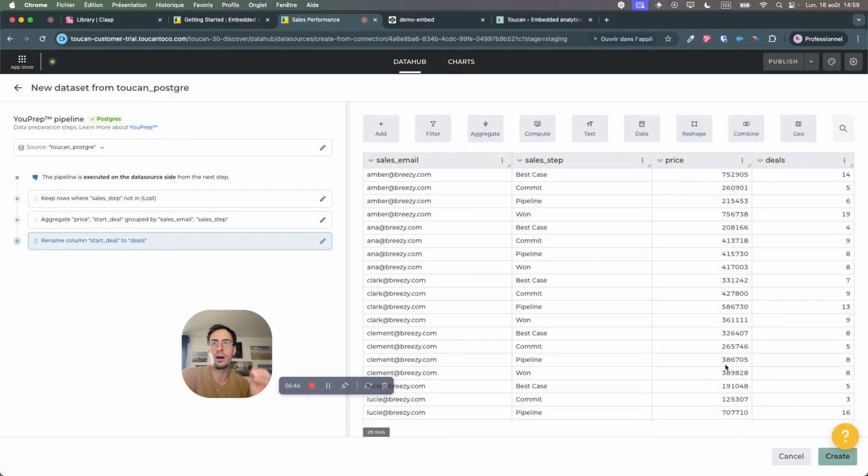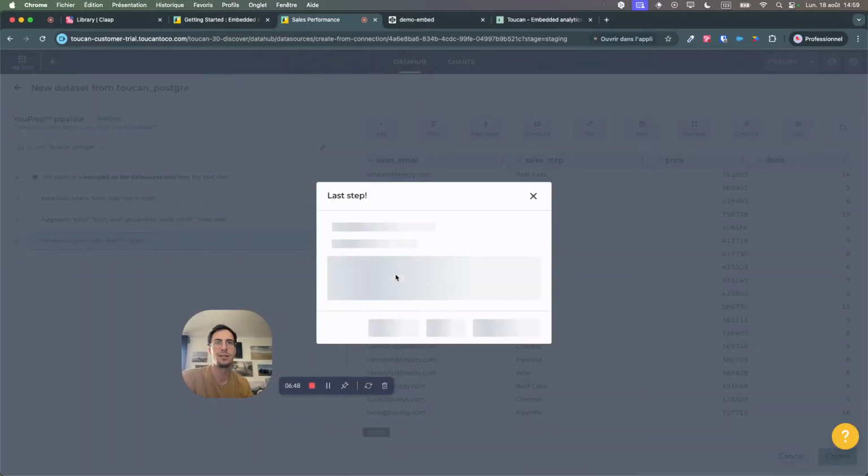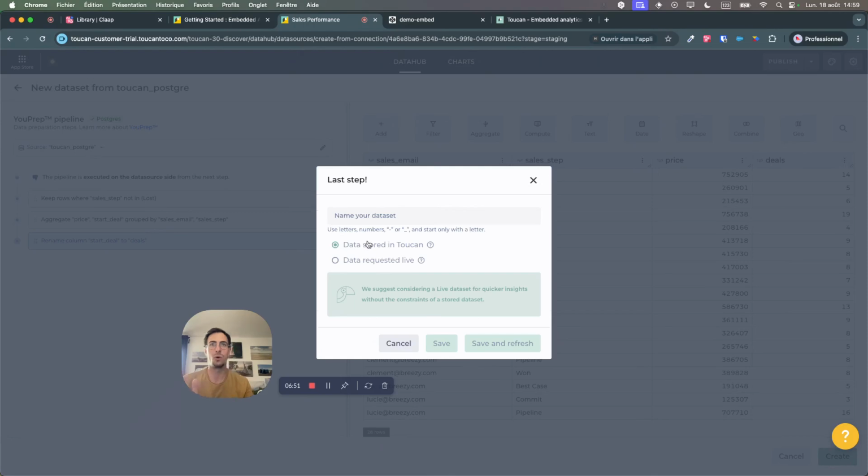So once you are happy with your dataset, you can create it and save this dataset as stored. It will be stored in the Toucan data engine, or you can request the data live. And in live, Toucan will call your database each time you are going to see a chart. So if you want to display into your own SaaS chart of Toucan, an embed one, and you want to display, for instance, the data for Paul or for Mary, you can use the live one and change the data queries based on the status of Paul or Mary, for instance, in live. So I will call this dataset live